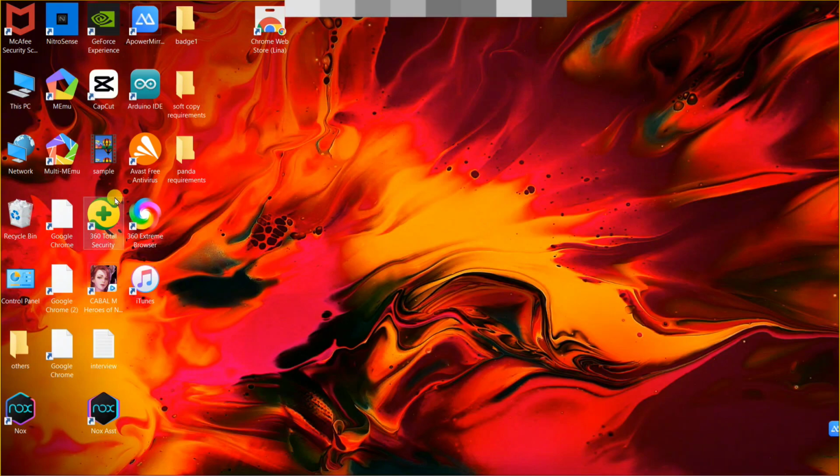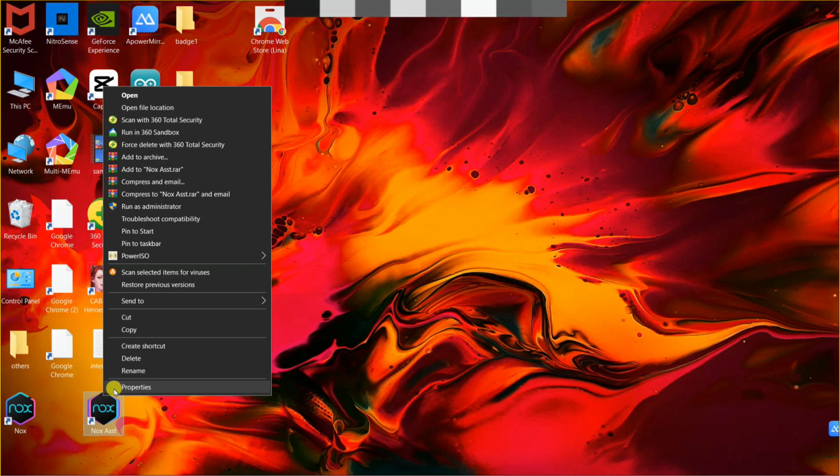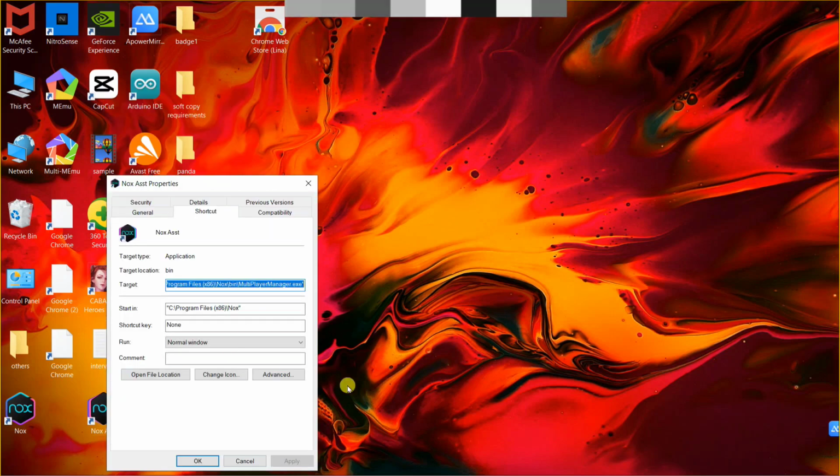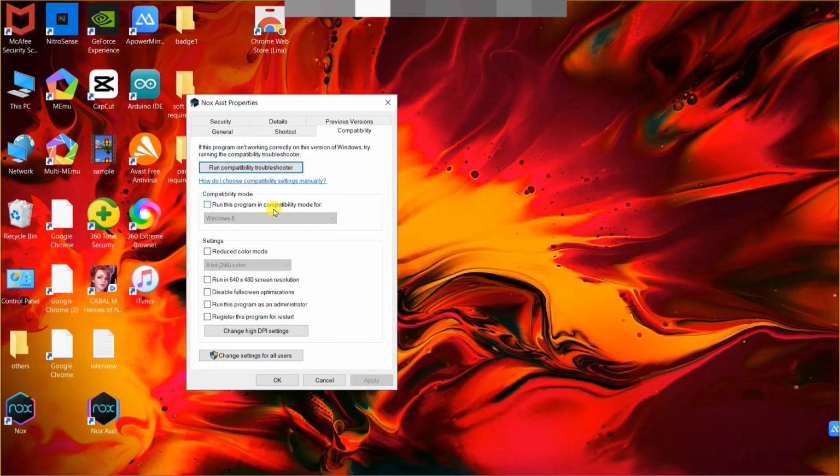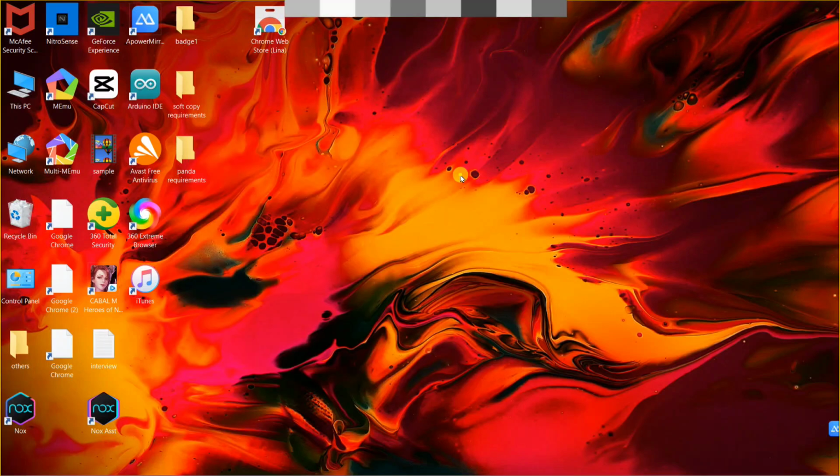So the first thing that you can do is to go ahead and disable compatibility mode. So right click on League of Legends desktop icon, and then from here head over into the compatibility section. Now in this section, go ahead and uncheck run this program in compatibility mode, and then click on that apply button at the bottom right of the pop-up, and then click on OK. So this should resolve the problem, but if this doesn't resolve the problem,